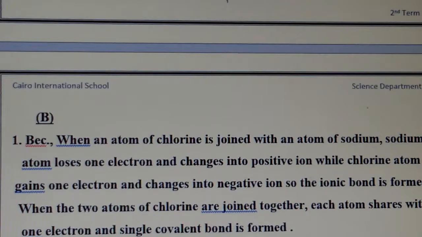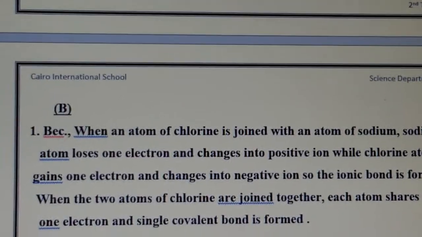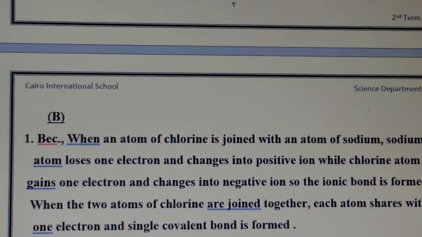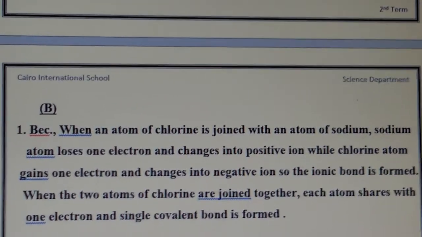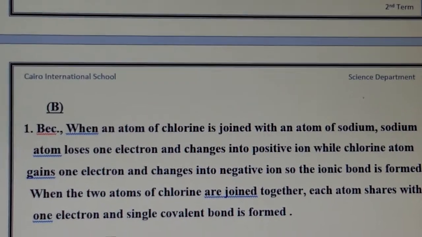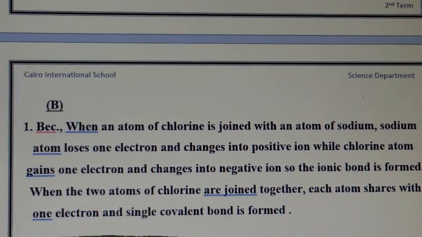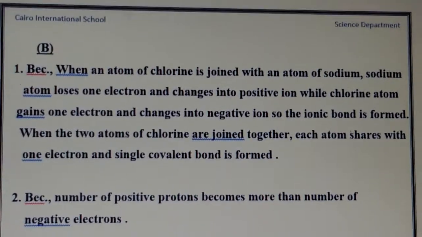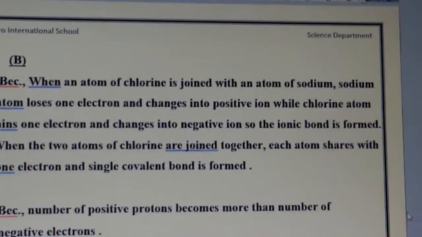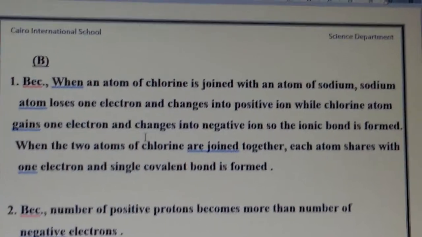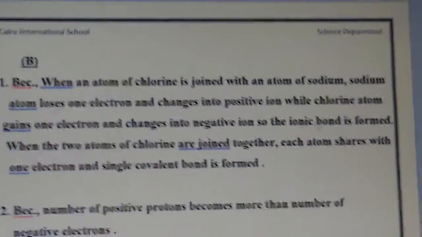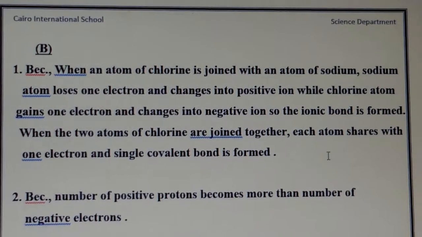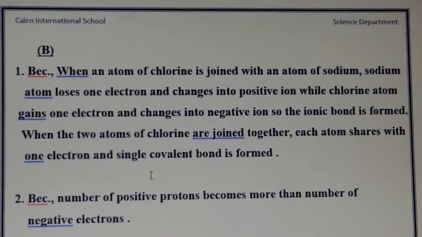Question number B, give reason for. When an atom of chlorine is joined with an atom of sodium, the product will be an ionic compound. But when 2 atoms of chlorine are joined together, the product will be a covalent bond. Because when an atom of chlorine is joined with an atom of sodium, sodium loses an electron and it changes into positive ion, while chlorine atom gains 1 electron and it changes into negative ion, so the ionic bond is formed. But when the 2 atoms of chlorine are joined together, each atom shares 1 electron and single covalent